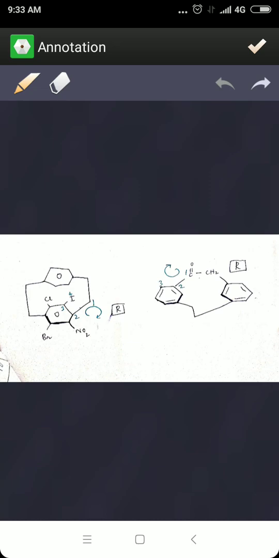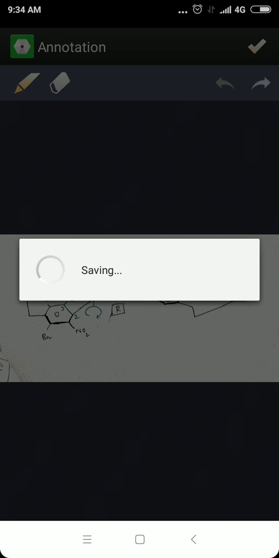Now we have one more example here. See, here you have a keto carbonyl group and you have a methylene group, and definitely we know that carbonyl has higher priority than the hydrocarbon. So hence we are going to number it this way, 1, 2, 3, and you're going to get R assignment, that is R configuration. So this is how you're going to assign for the cyclophanes. And one more example is there here.